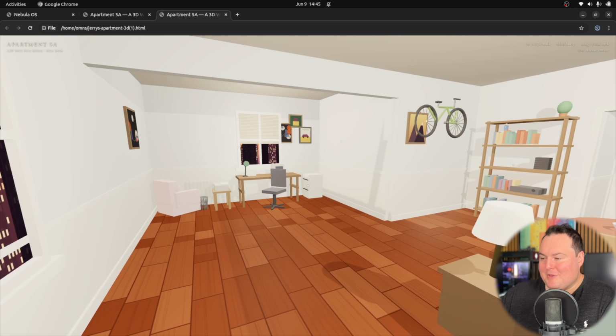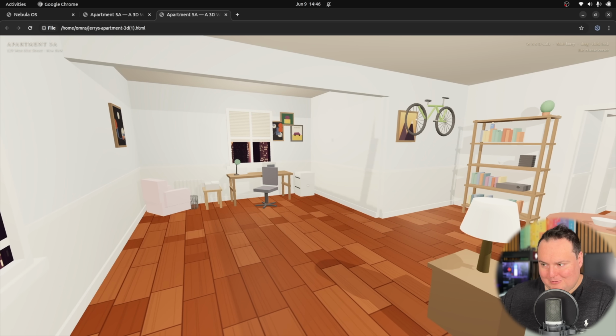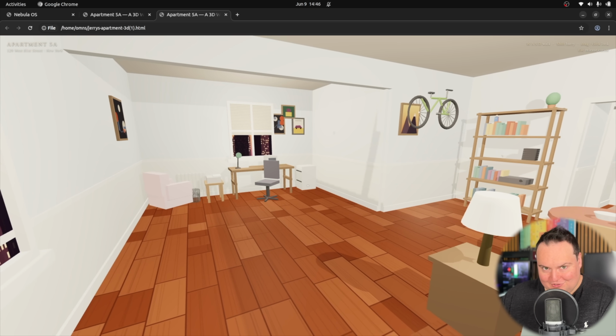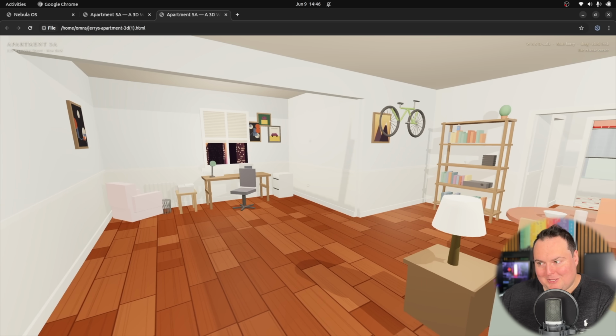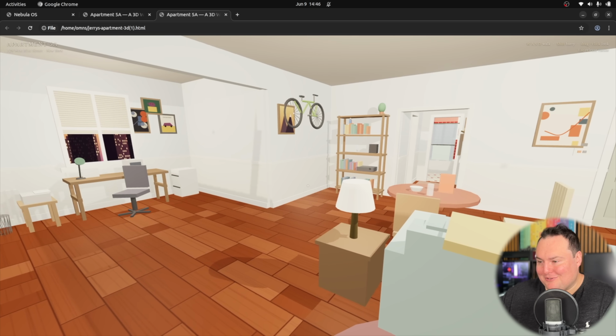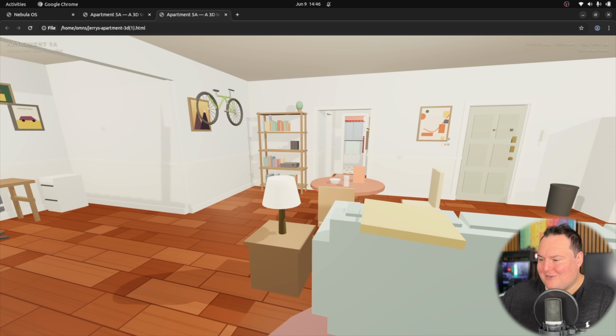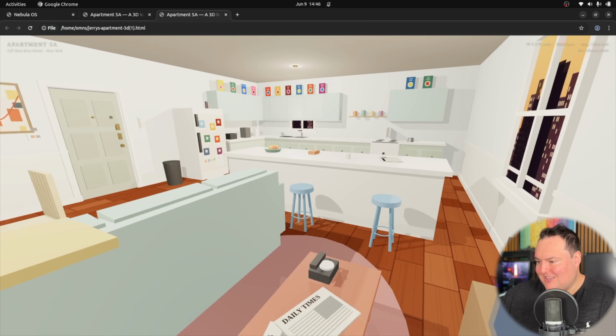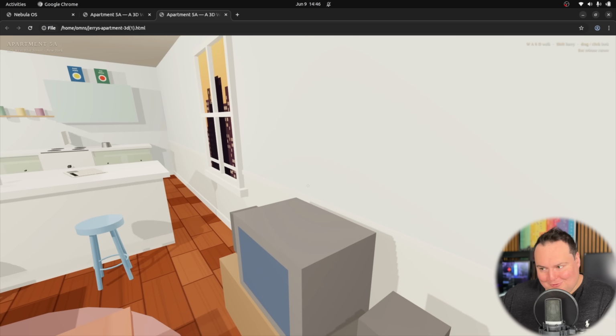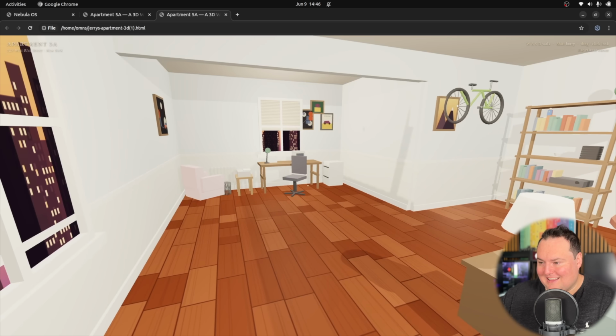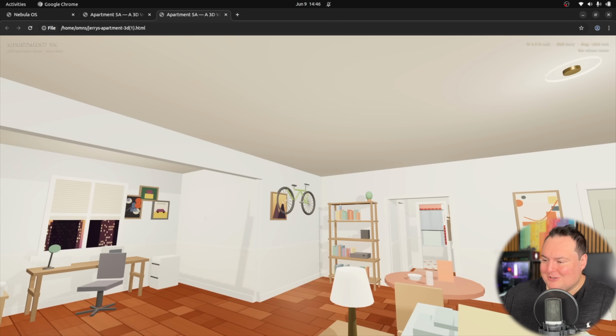So let's look. The bicycle on the wall may actually be the best bicycle model I've seen in this test. And you're going to be like, well, Bijan, that still doesn't look very good. Yes. So that is saying something. The spokes on the wheels look good. We can see over there to the bathroom. We also see the kitchen area is very nice. And of course, a New York City stylized skyline out the windows here, which is a good touch.